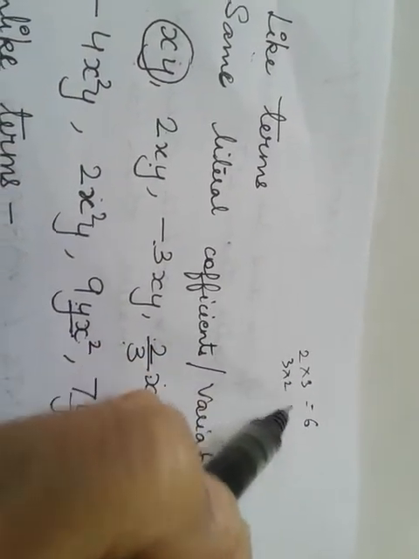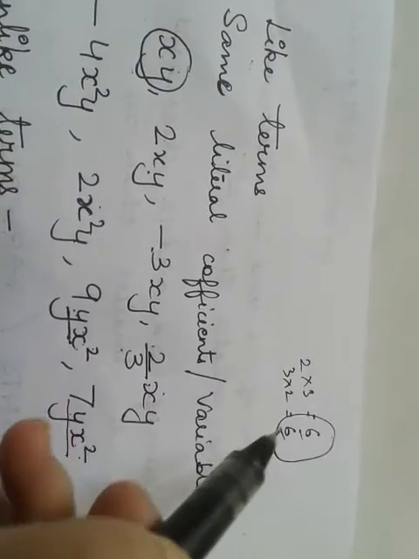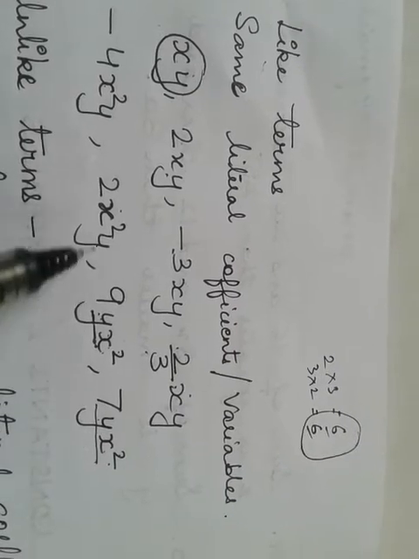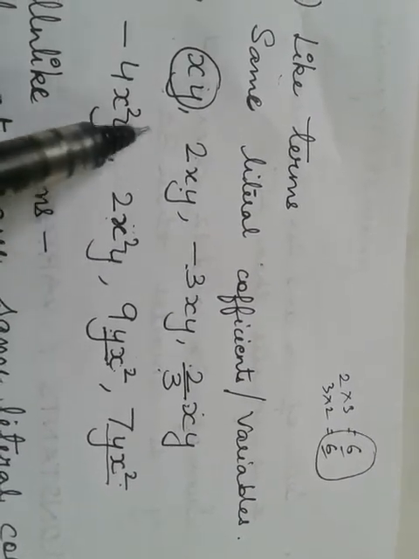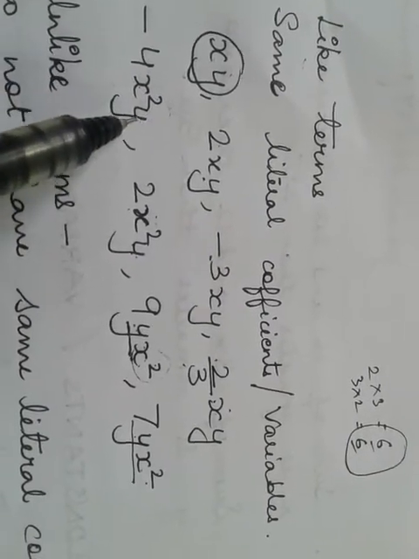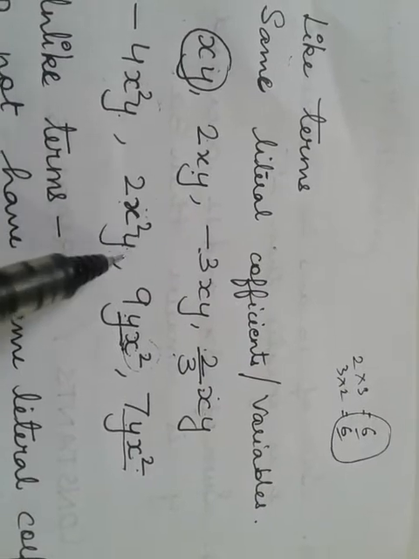That doesn't matter. See, when you write 2 3s are, that is 6. When you write 3 2s are, that is 6. That doesn't make any difference. Okay, so yx square is the same as x square y, because here x square is there, here also x square, y. But in case it's x square y and here it is y square x, then it will be